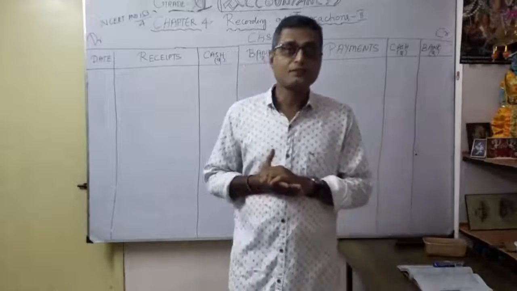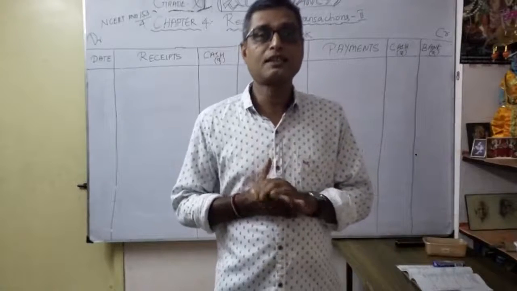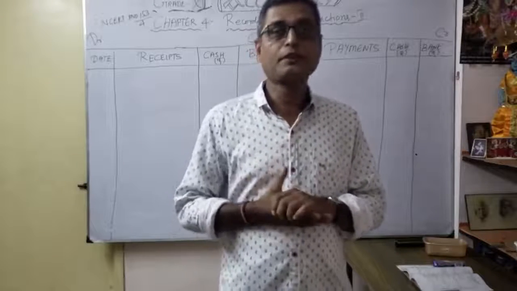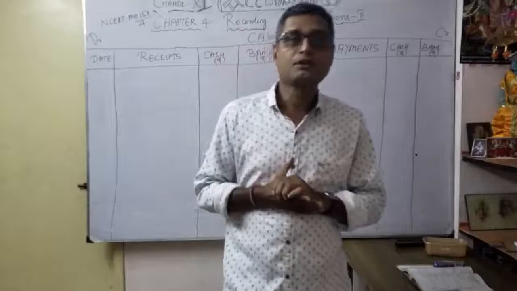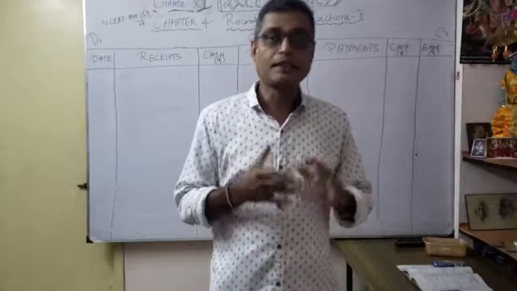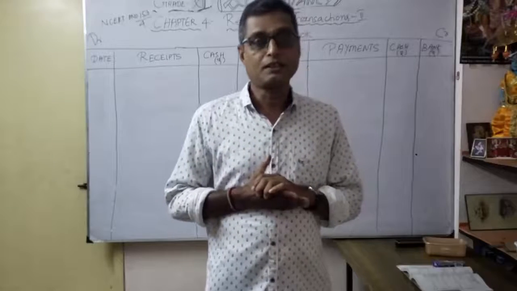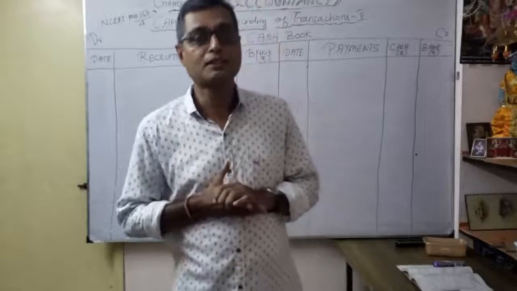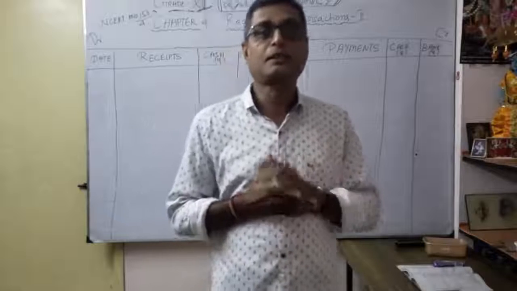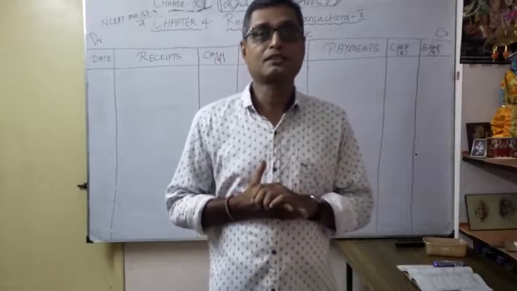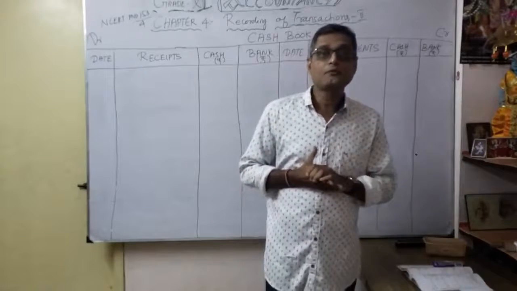Okay, so under that we discussed first one, cash book. What is cash book? Only the cash transactions we are dealing with in the cash book. Before that, you know very well why special purpose books are there. Because of the improvement, enhancement and enlargement of the business, there are more transactions. So for that, we want to further subdivide into different journals. That's why the special purpose books are a different classification, such as cash book, purchase and sales, purchase return and sales return.